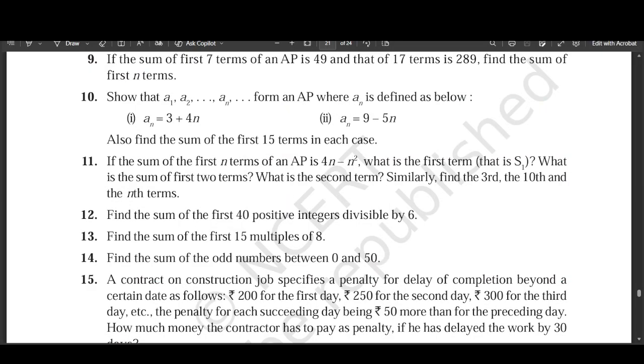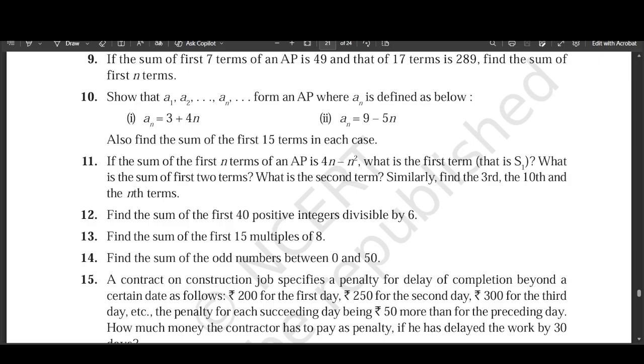Now move to the 17th question. In a school, a student thought of planting trees in an area around the school to reduce air pollution. It was decided that the number of trees that each section of each class will plant will be the same as the class in which they are studying.